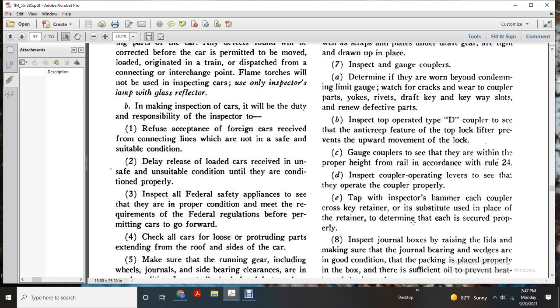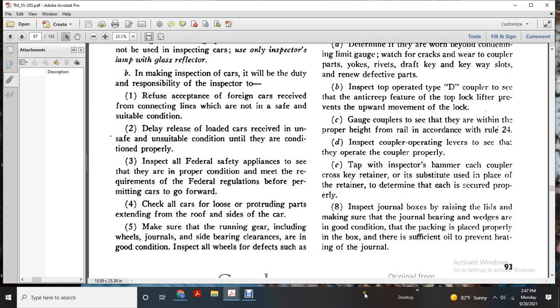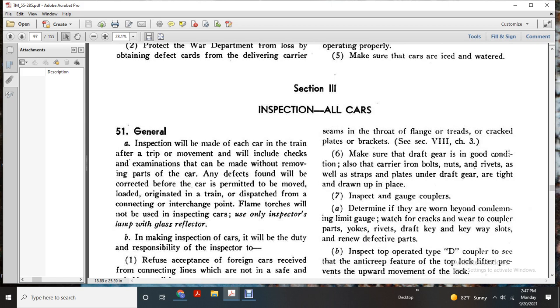Check all of the car for protruding parts extending from the roof or the side of the cars. Make sure the running gear, including the wheels, journals, and side bearing clearances, is in good condition, especially the wheels, for defects such as seams, flange and tread defects, and cracks in the plates and brackets. See Section 8 of Chapter 3. Make sure the draft gears are in good condition, with the bolts and nuts, strap, and plate for the draft